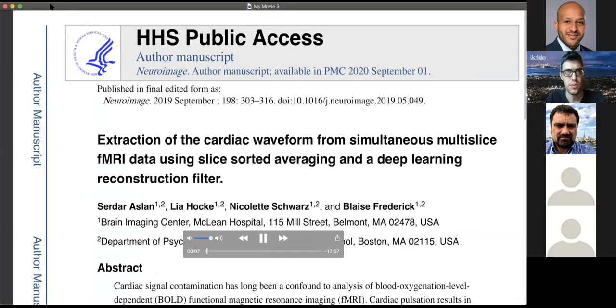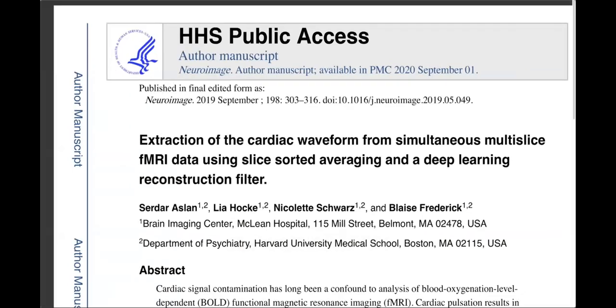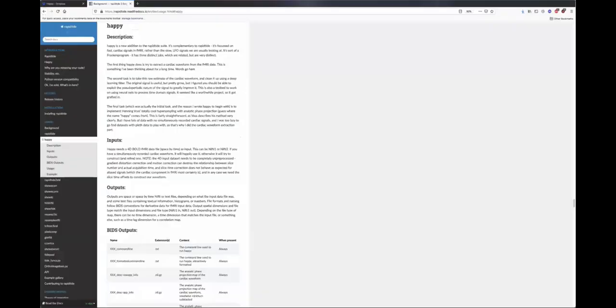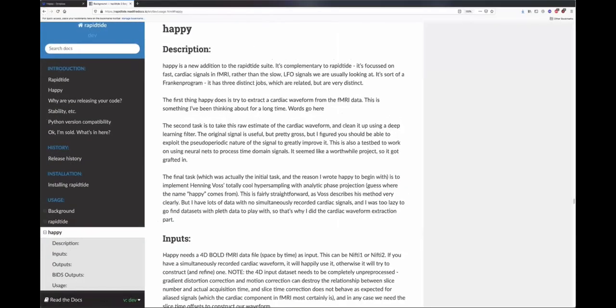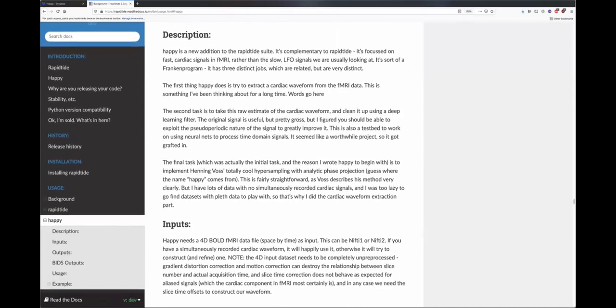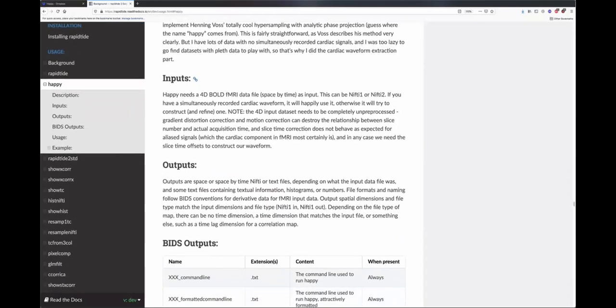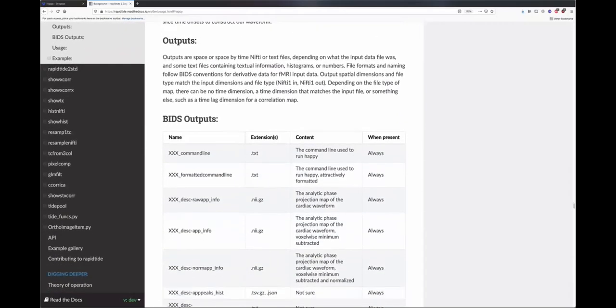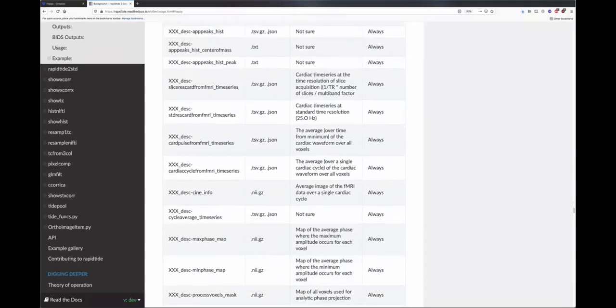Okay, welcome. This is a short introduction to HAPPY. HAPPY is a companion to rapidtide that focuses on cardiac signals instead of the low-frequency oscillations. You can look up a longer description on the website shown here. This is where you can go to look at the installation, the commands, the use, and the output you get and what that means. And in general, HAPPY is a method to extract and clean cardiac waveforms from any BOLD